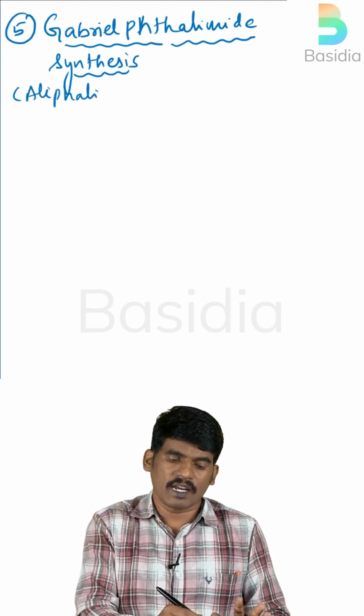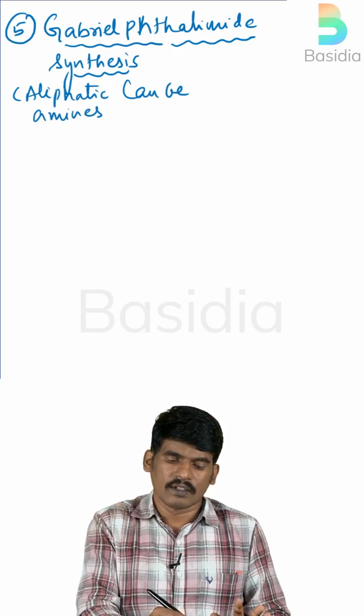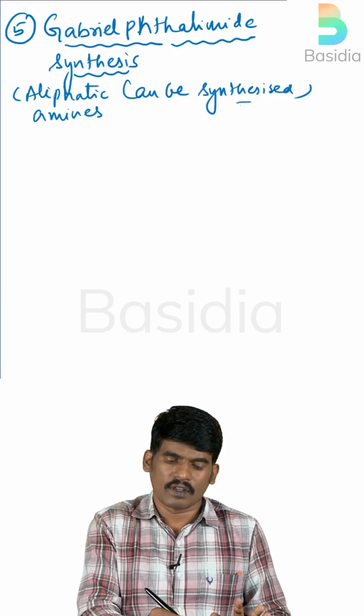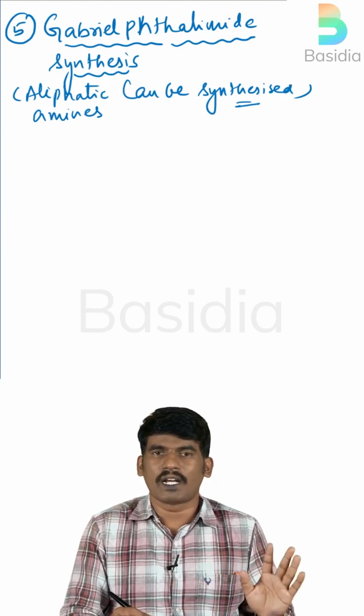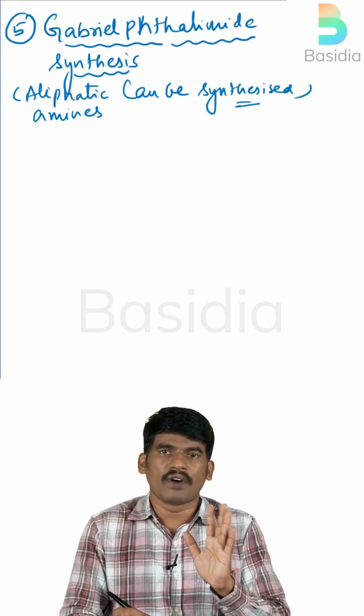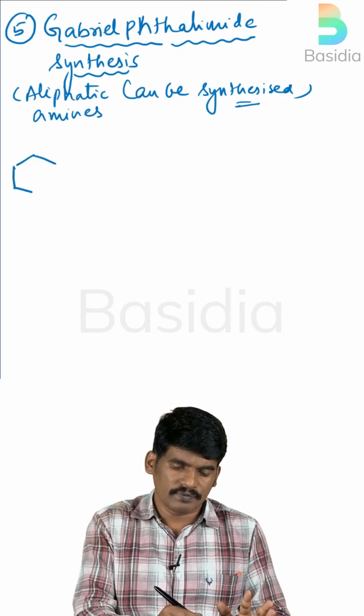Aliphatic amines can be synthesized in good yield. Not aromatic amines, not for the aromatic primary amines, it is for aliphatic amines. So we will take first phthalimide,